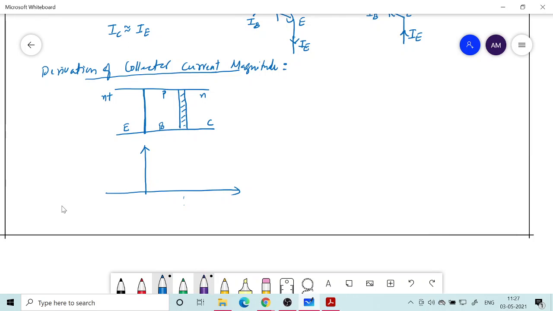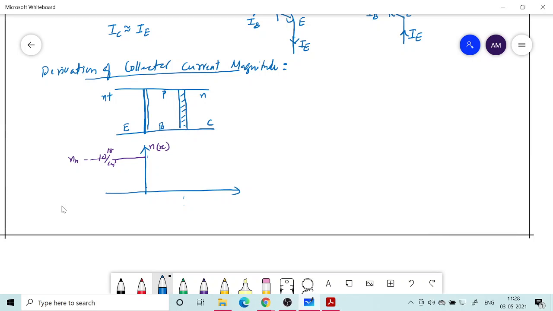What is going to happen is that the emitter is going to be very heavily doped, something like 10 raised to 8 per centimeter cube. This is the concentration of n as a function of x, how the concentration of electrons varies. On this side, this is what I earlier wrote as Nn, the concentration of electrons on the N side, and on the P side it is going to be very, very negligible. If I also show a small width, it may be better for the depletion region.